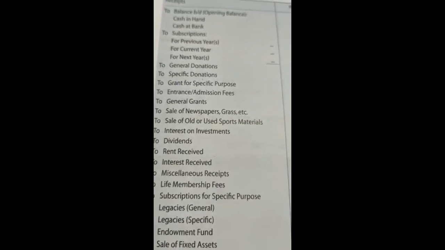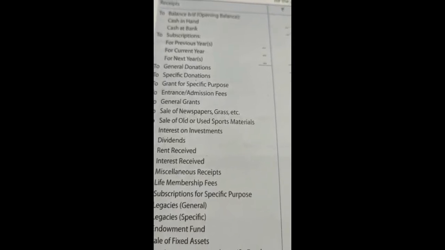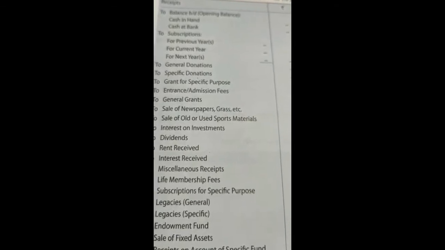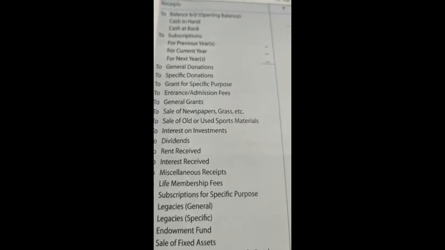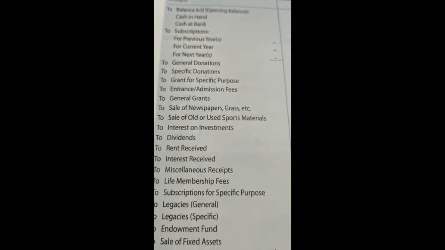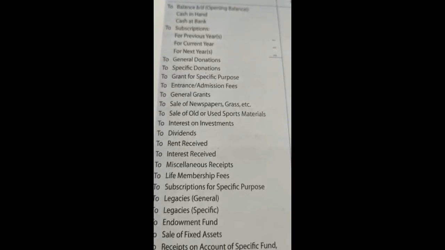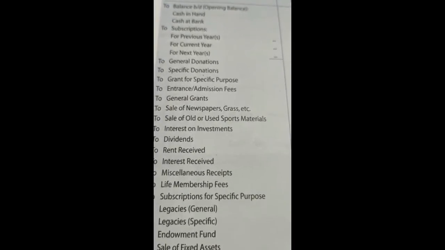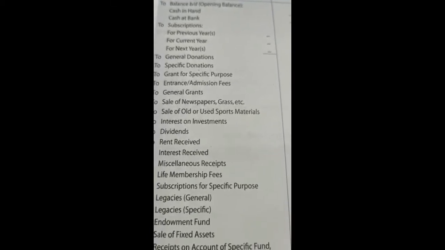Specific donation is a donation received for a specific purpose. Say for example, the organization has to build a building. They are announcing that we have to construct a building, so please donate us the money for this building or for some other purpose. So the purpose is known here. The specific donation is given by the persons specifically for that purpose. So the donor will tell this amount is for the construction of a building or for any specified purpose. So that is called specific donation.